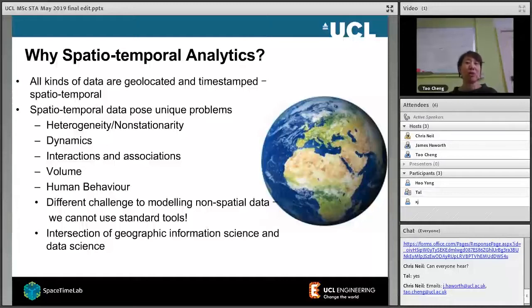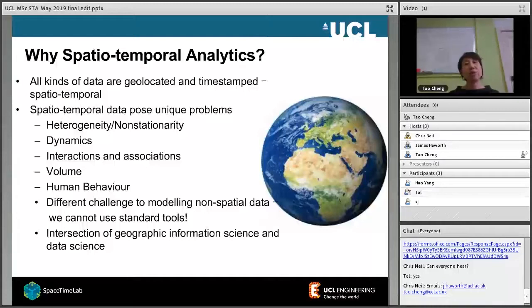So that's a little bit special. Of course, we use more specific terms. I talk about data being dynamic, and dynamic means not only in time but also in place. Of course, big data means big volume, right? When we talk about spatial, sometimes we link up to human behaviors as well. So there are lots of challenges around it.